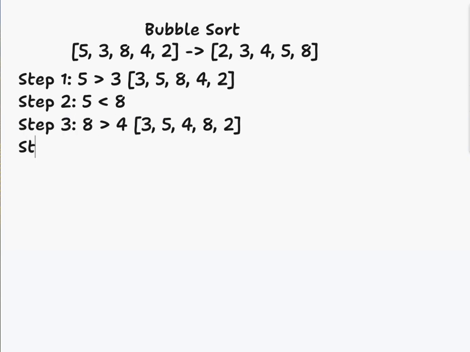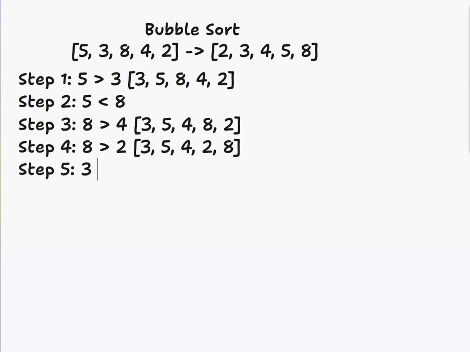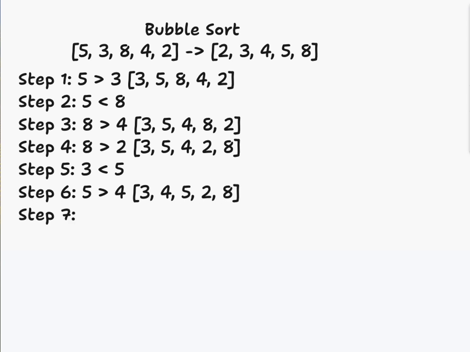After step 4, you reach the end of the list with 8 being the last element. The for loop will repeat starting from the beginning of the list with 3 being the first element. This process repeats 12 times until we get the final sorted array with